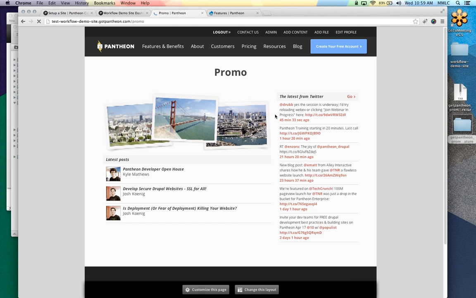This is the Module Filter module, by the way. It makes the modules page look a little better, which is a nice UI improvement for Drupal 7. As I said, I put the category as Get Pantheon, and you can see I now have Get Pantheon promo feature. And if I go ahead and actually enable that,